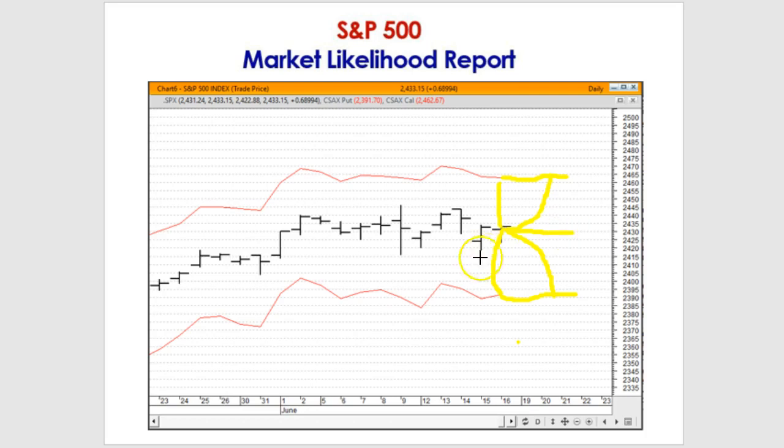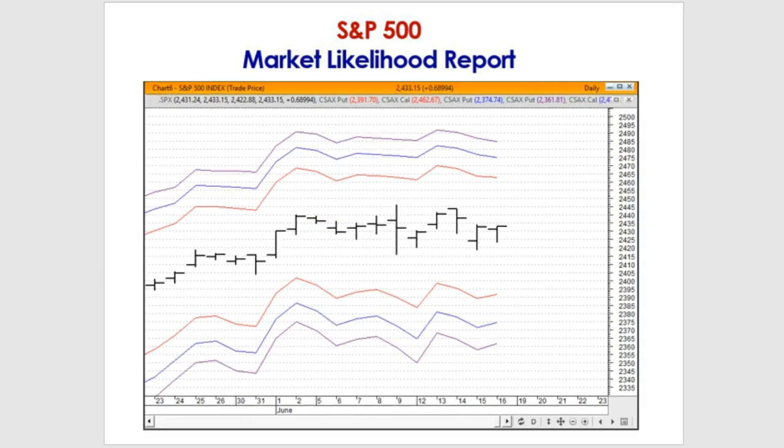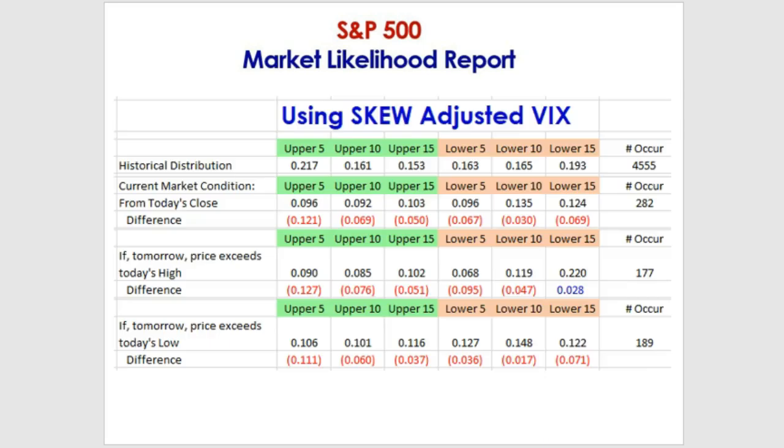Okay? And we keep that calculation not only for the 5-day band, but we do it for the 10-day band and the 15-day band as well. So now we get 3 different time dimensions on price distribution. And when you go to the report, I'm showing you here that of those